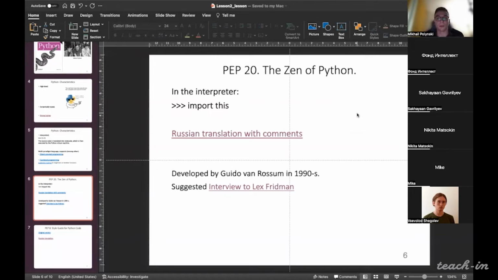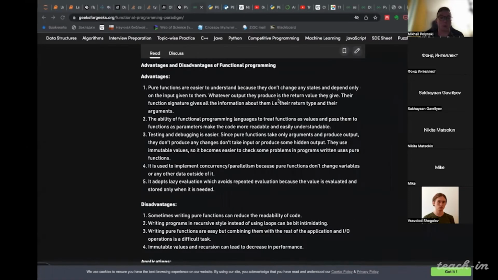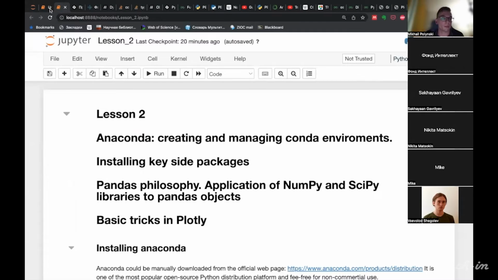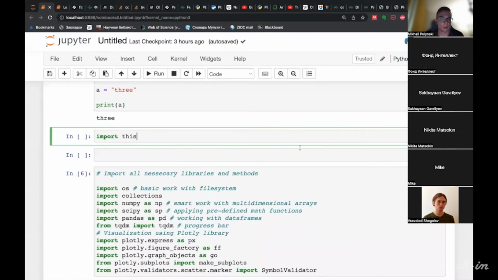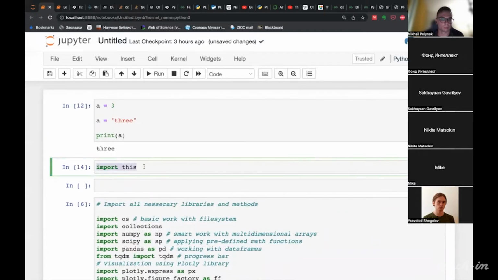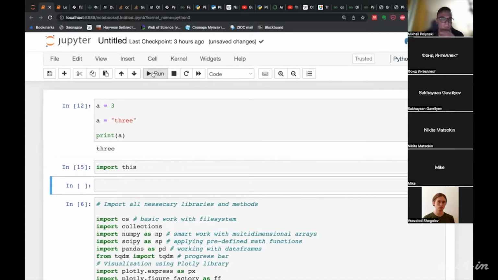For example, you can write import this in your interpreter, and you will have the following output. Interesting.